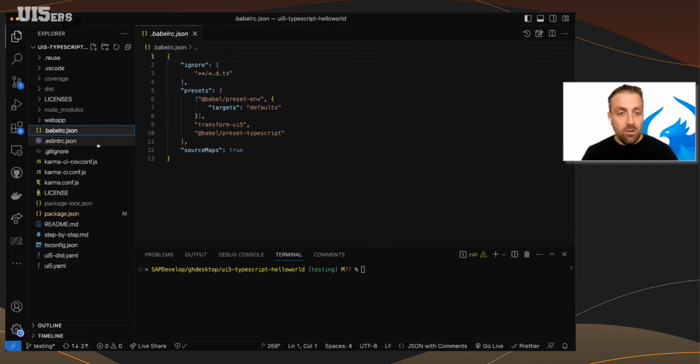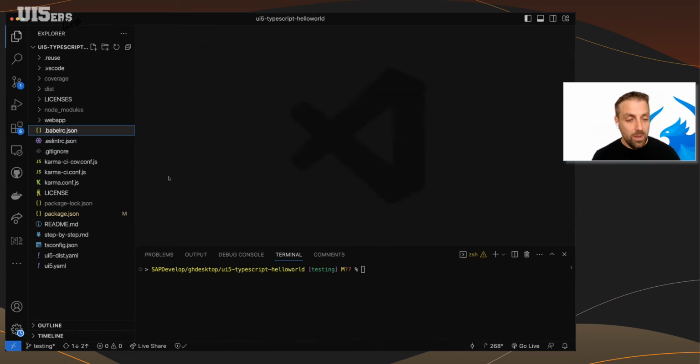Or even, I can also show that when we have a little bit more time in one of the next sessions of the UI5ers Live, how you can also have a browsers list configuration to specify which target environment you want to build to. It's also documented on the NPM package homepage. And with that, it was also interesting for us how we can go forward and make it possible to automate the whole testing.